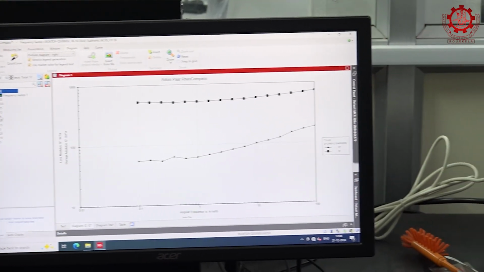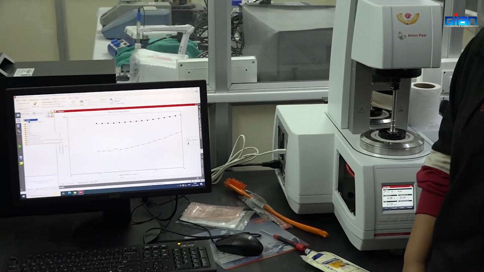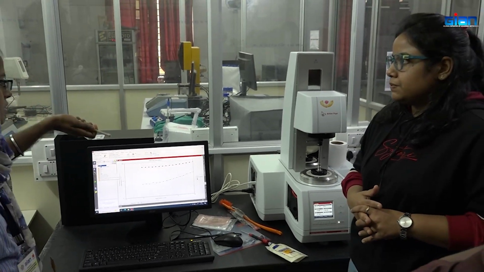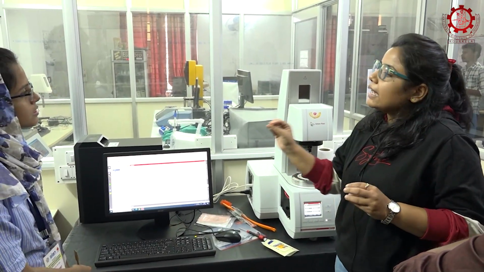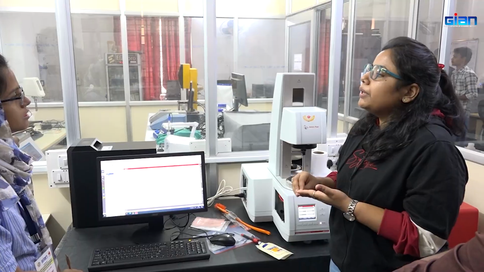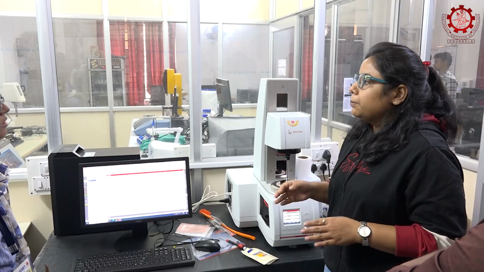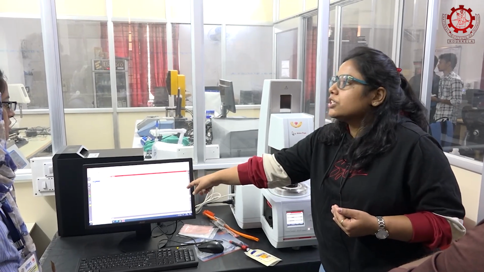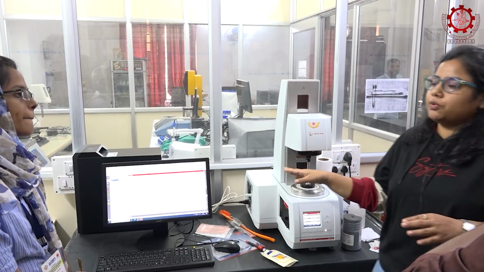Does the software already have the range of shear stress for each material? No, that you need to give, according to your need. The texture profile analyzer has a preset test. Here it initially has some values. For your demonstration, I just ran it with the preset values. But this person has done it according to their sample; they changed the values and ran the test. So according to your need you can change the values, but within the range of the equipment.